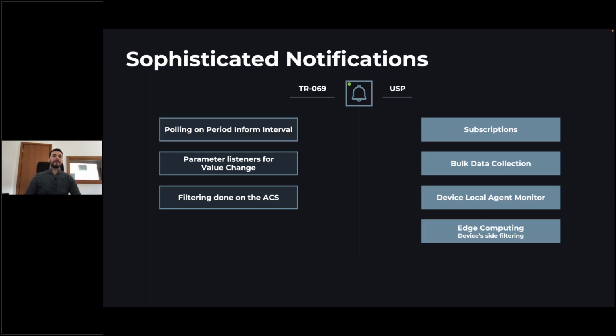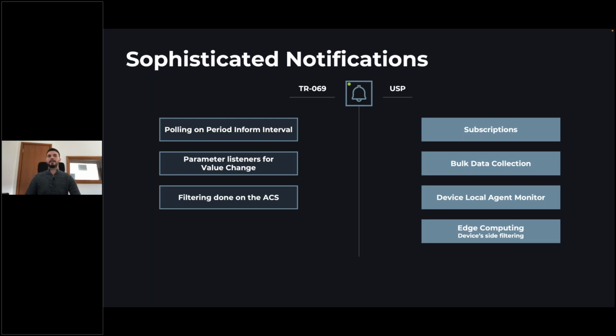And finally, when we fetch all this information, all the filtering would need to be done on the ACS. So we would get a certain subtree of that particular data model and do the filtering. While on USP, we have a couple of changes which honestly benefit, I would say, the monitoring part even more than the management part. One of them would be the subscriptions.